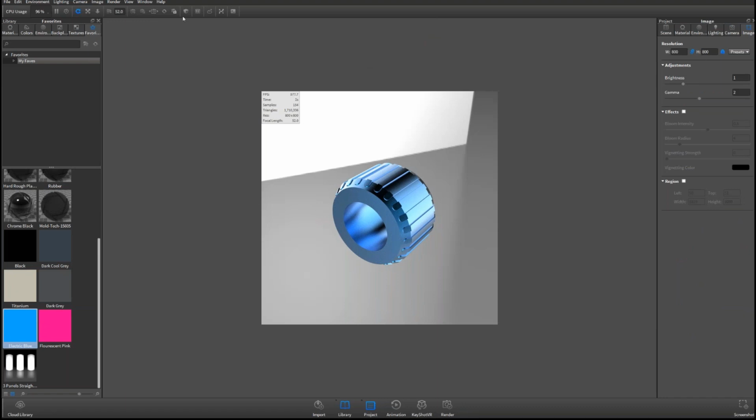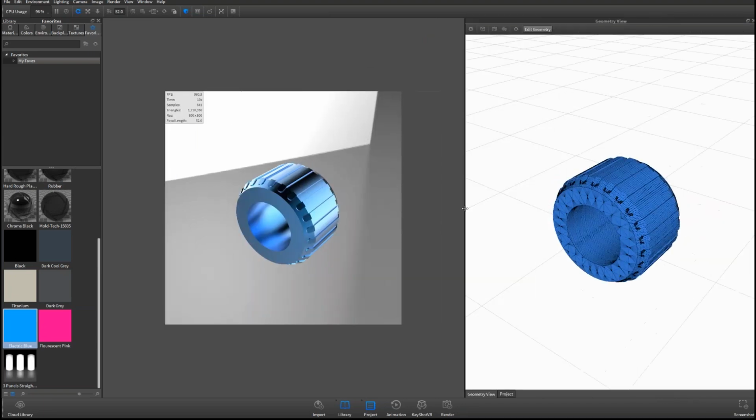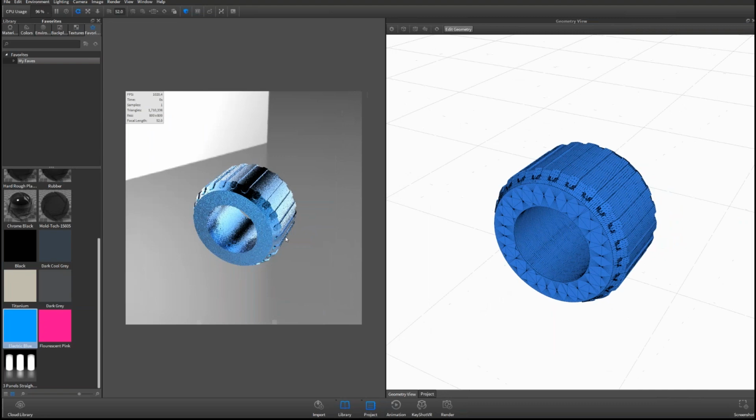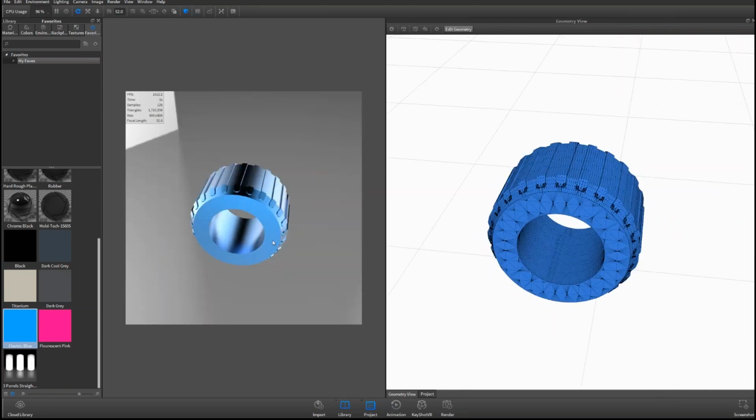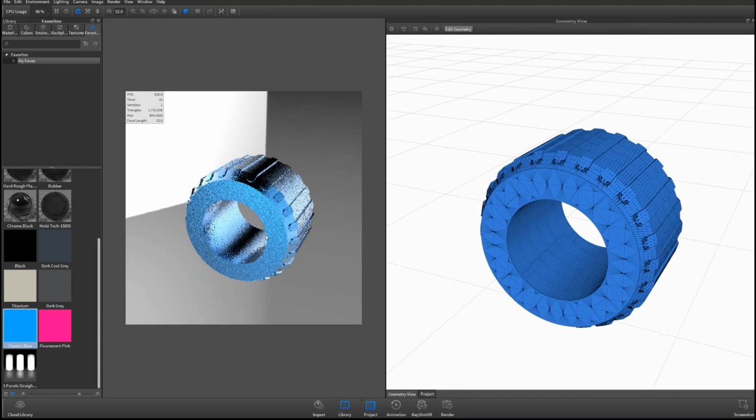Now what we can do, and let me go ahead and change my view right here, is there's a little button that we've added to KeyShot 6, and that is Geometry View. So let's take a look at this. This is what we see in our real-time view, but this is the geometry. We're actually representing the triangles that you can see. And right now, these are synced.